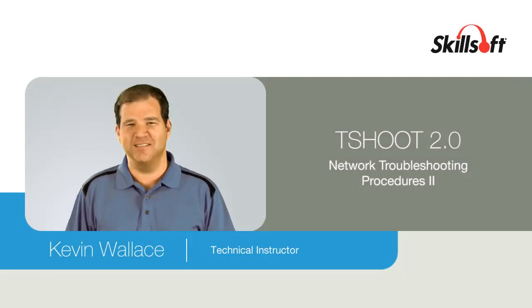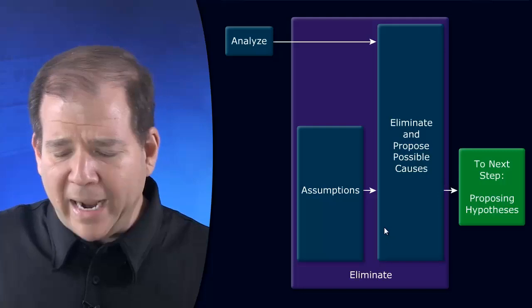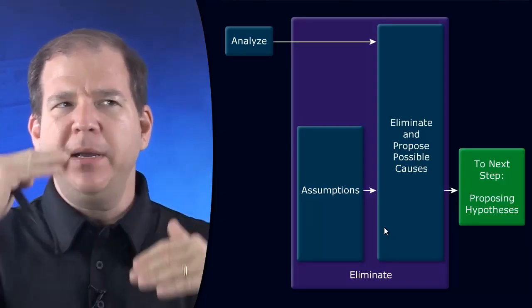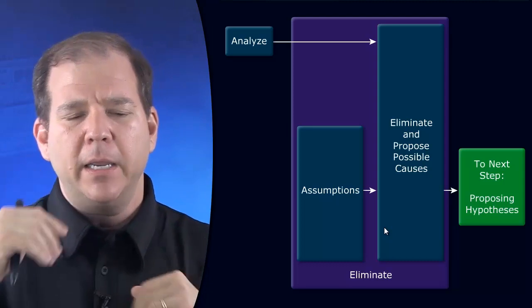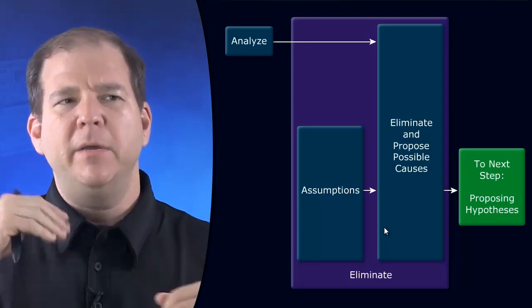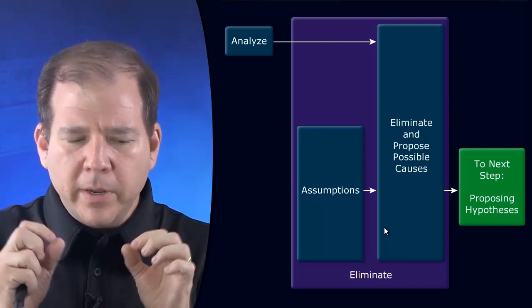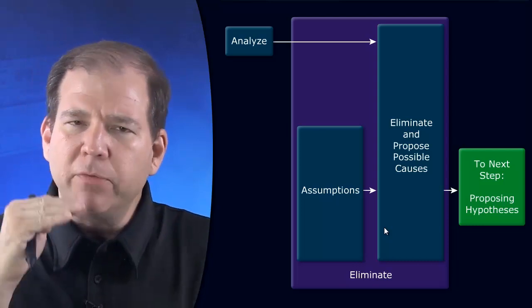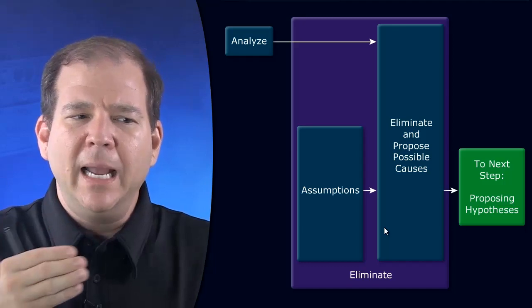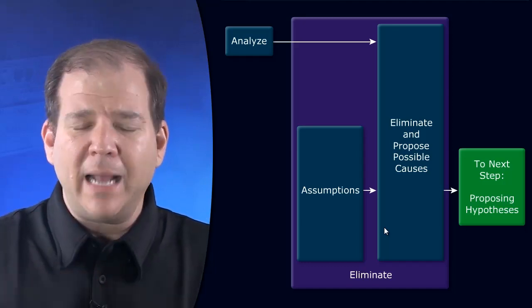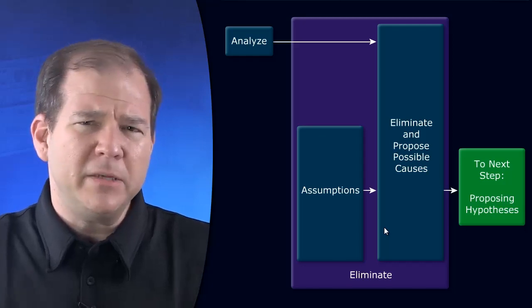We've gone through, we've gathered the information, we've analyzed it. We now want to start weeding things out. We think, well, it could be this, it could be an access list, it could be high memory utilization, it could be a Cisco IOS bug. We start to think through very critically, we start to think through the reported symptoms and the possibilities that we've come up with and ask ourselves, does this possibility make sense?